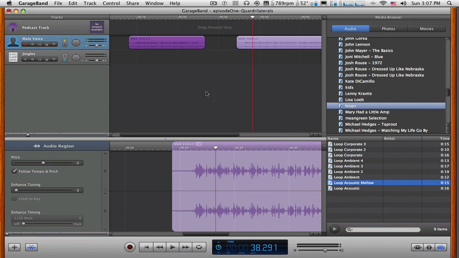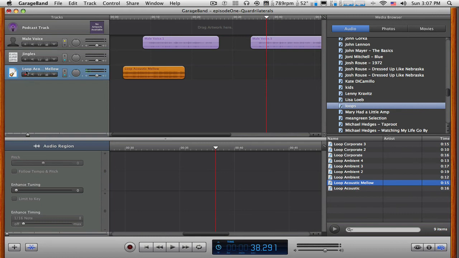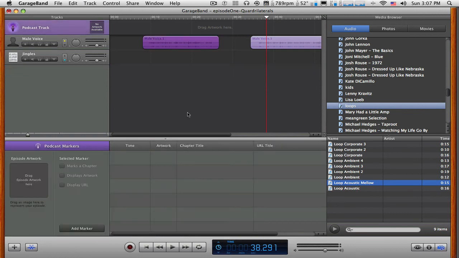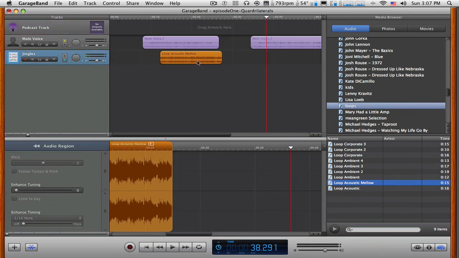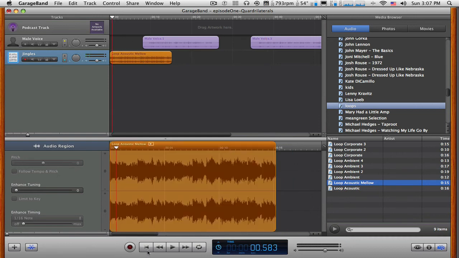So if I want to use this in my project, all I need to do is drag and drop it out here pretty much anywhere, but where that black line is flowing, that's where it's going to start. So I could drop it here, and it created its own track. Now I could have dropped that right onto this Jingles track. That's kind of why I left that track there. So if I drop it right there, it ends up on the Jingles track, and I want it to start right at 0. Okay, and I play that,